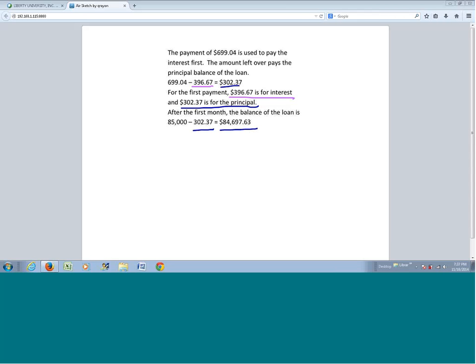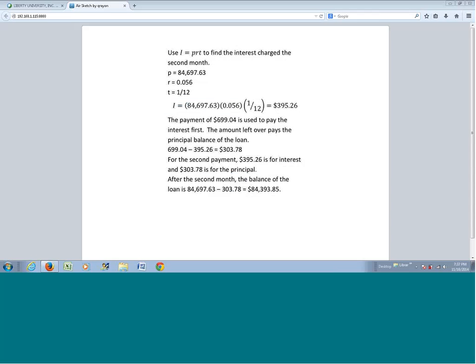We're going to do this for 3 months, see what happens. So when we do this for month number 2, the principal is not going to be $85,000 anymore. This is the new principal balance. That is what we're going to use for P when we do this for the second month. Everything else stays the same. We're still using I equals PRT. The rate and the time are still the same, but notice the principal now is smaller because we made a payment last month. So here's my PRT from before to figure out how much interest I'm being charged for the second month,